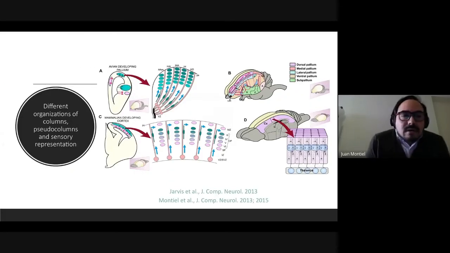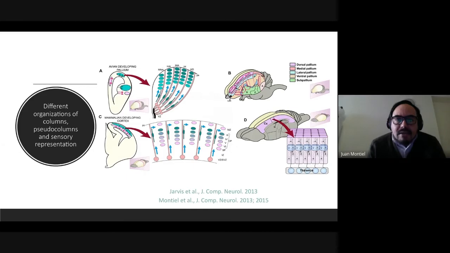So there are different organizations of brains. We can see that now, I think, but it's even more. I'm not explaining all the details of this. These are some examples, but as I said, in the developing pallium of the birds, we can see this columnar migration from the ventricular zone, and in the mammalian developing cortex, we can see this migration to form the cerebral cortex, which are different because of, for example,